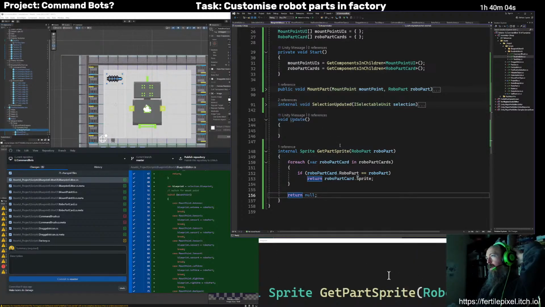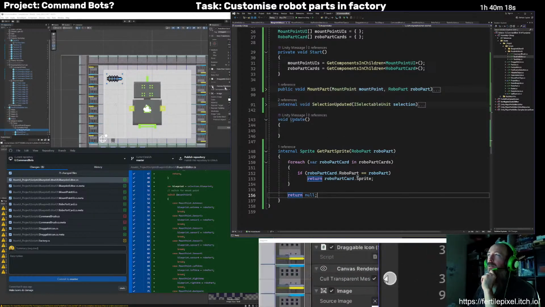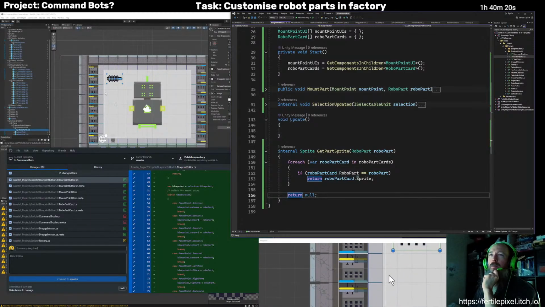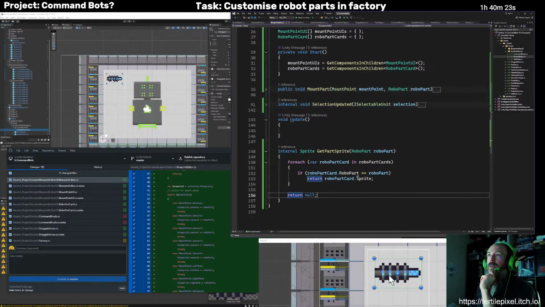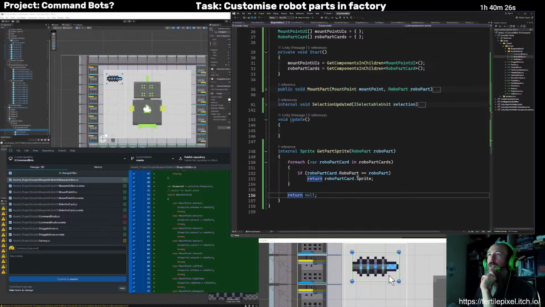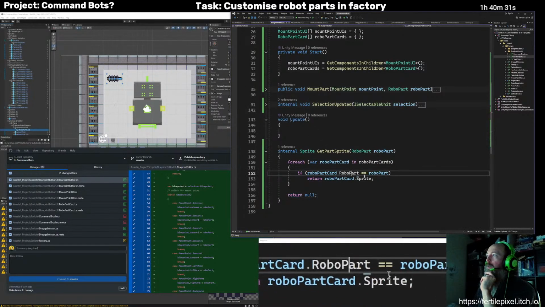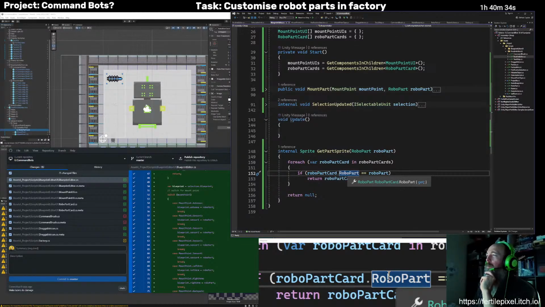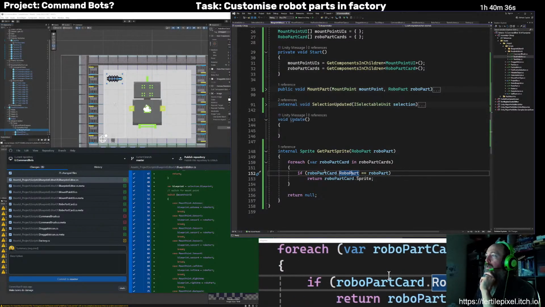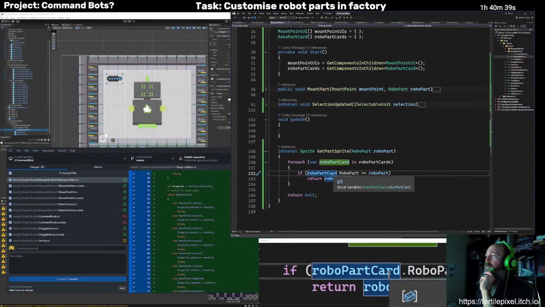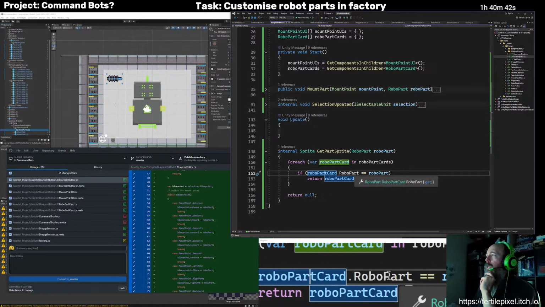I probably should add another one of some sort. It would probably make more sense if I planned this ahead a bit to have a sprite associated with each RoboPart. Yeah, RoboPart, that's the enum value, right?